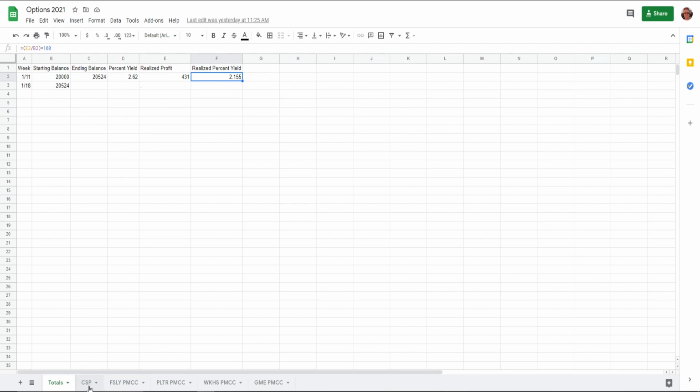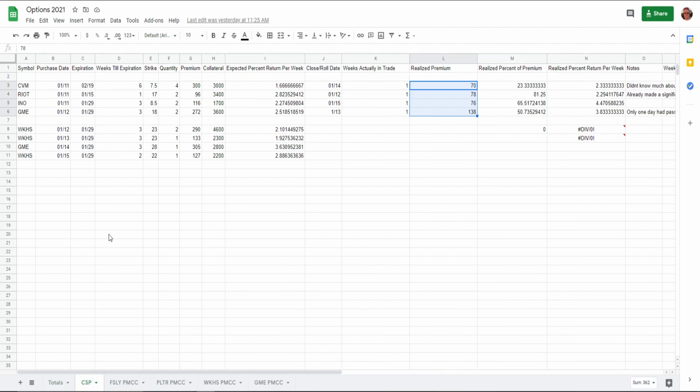This CSP down here stands for all of my cash secured puts. I'm not going to get super technical in how these trades are executed or how these strategies work. This is strictly going to show you what trades I executed, what went on, and what my thoughts are on each trade. Any knowledge-based things, like what a cash secured put is, or what even is an option,